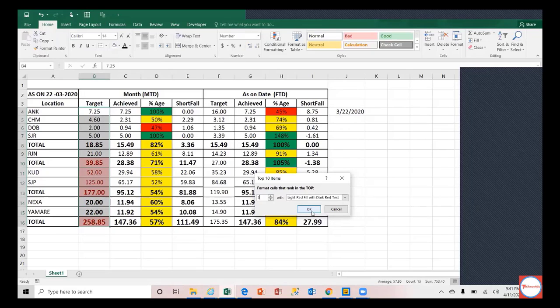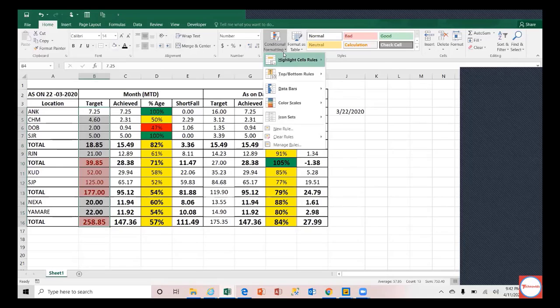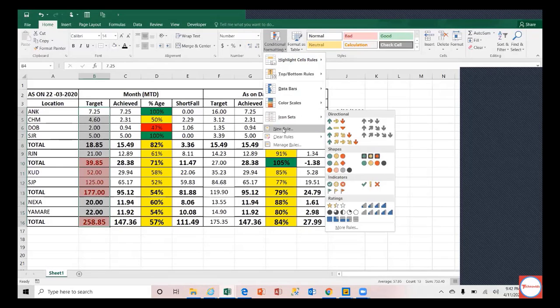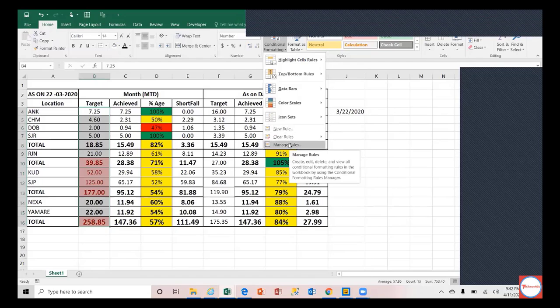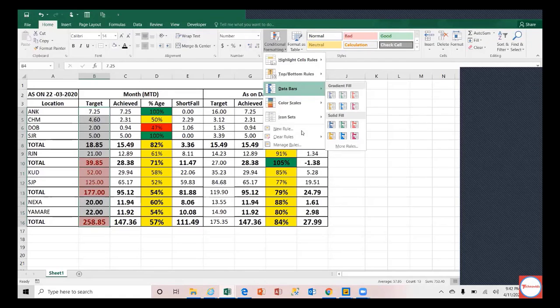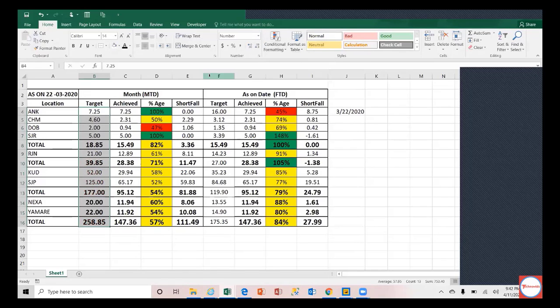Like this you can always format. You are providing a condition and trying to highlight the records. That's what conditional formatting is. So I can clear the rules anytime going here.